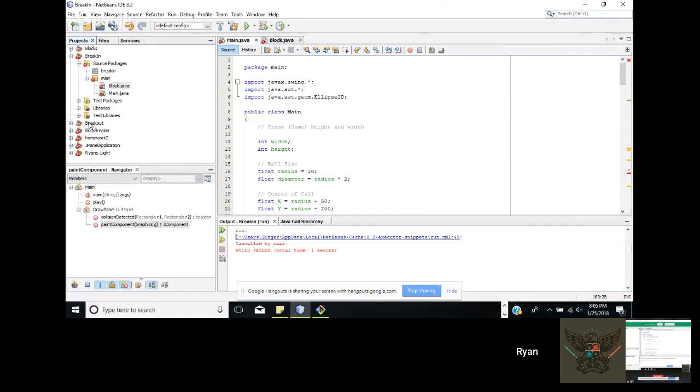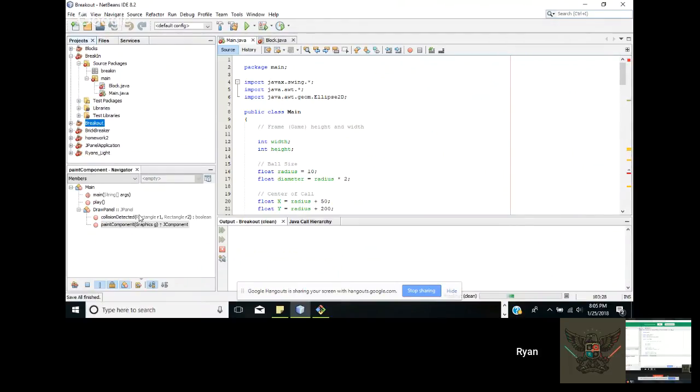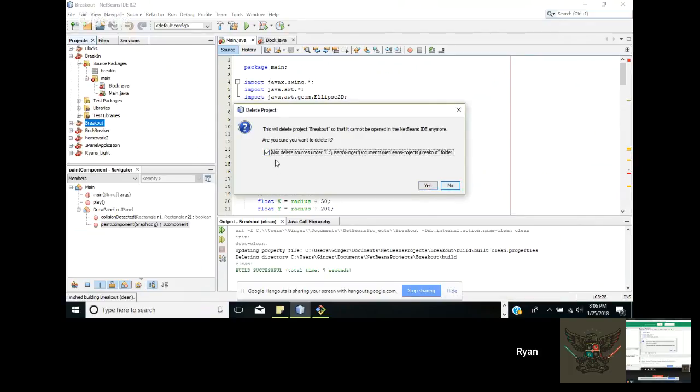You can do the same cleanup, Elijah. Basically get rid of all the other projects except for the ones you care about, and then say delete. Now, here's the trick question. If you don't want to ruin it and you want it to still be on your disk, then you uncheck it. But if the source code is not important for you, then put the check mark. Because it helps clean up.